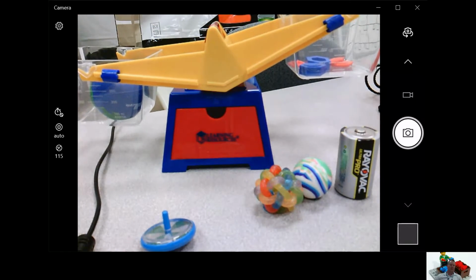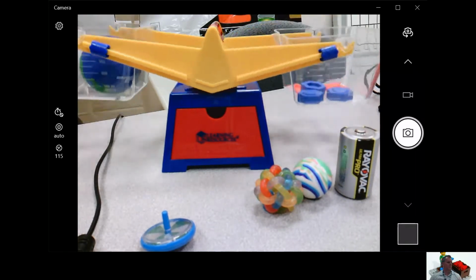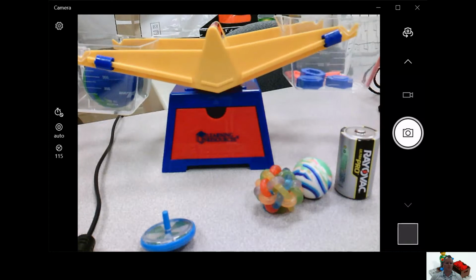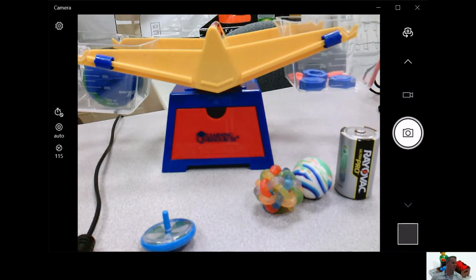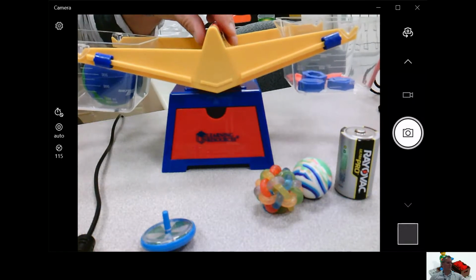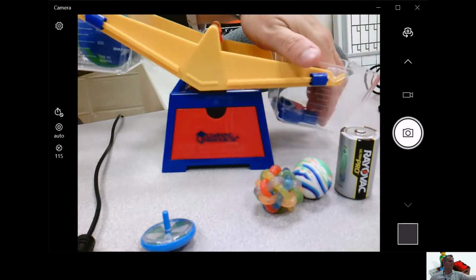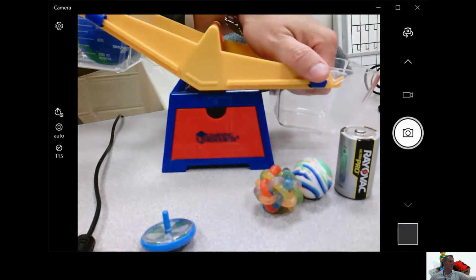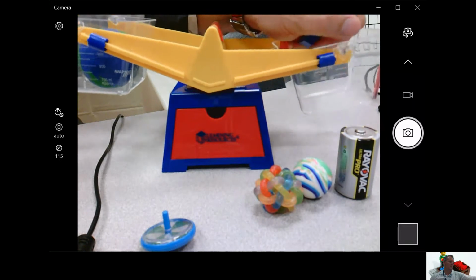Whoa, it finally moved a little bit. So I'm going to add another 5. Woo, there it goes. It looks like we might be pretty close. That's pretty close. I don't have any more. So I'm going to go ahead and add up all my gram weights here. I definitely know it was heavier than the